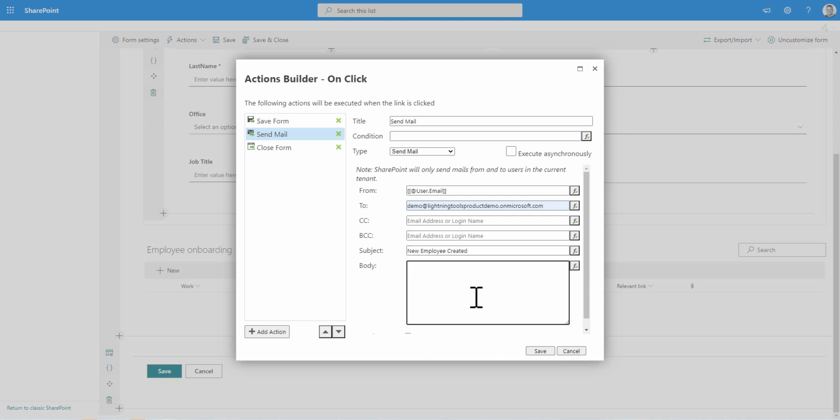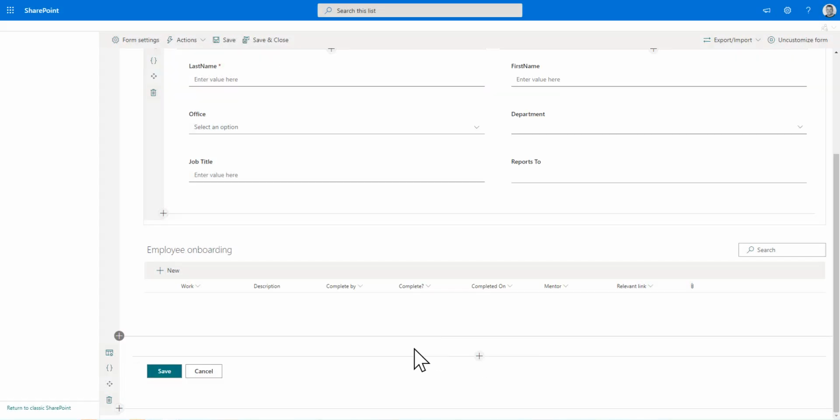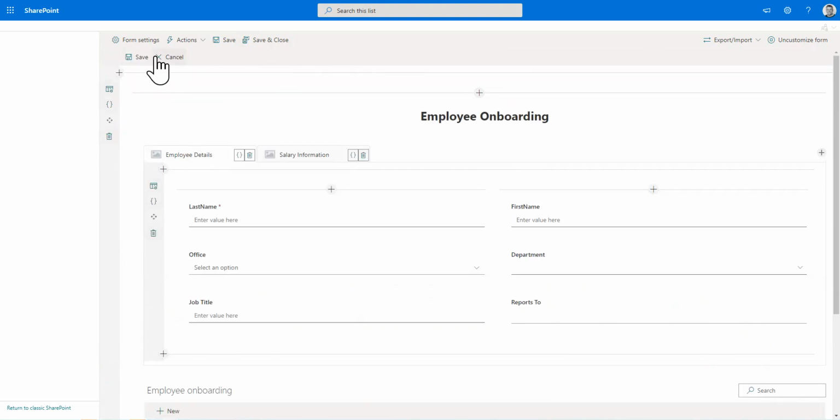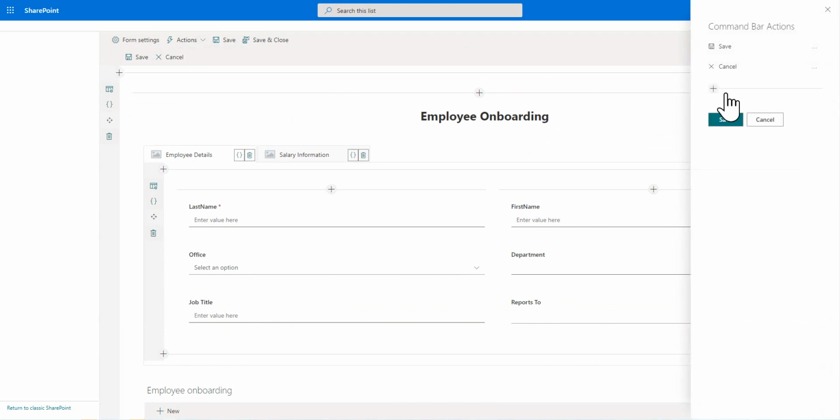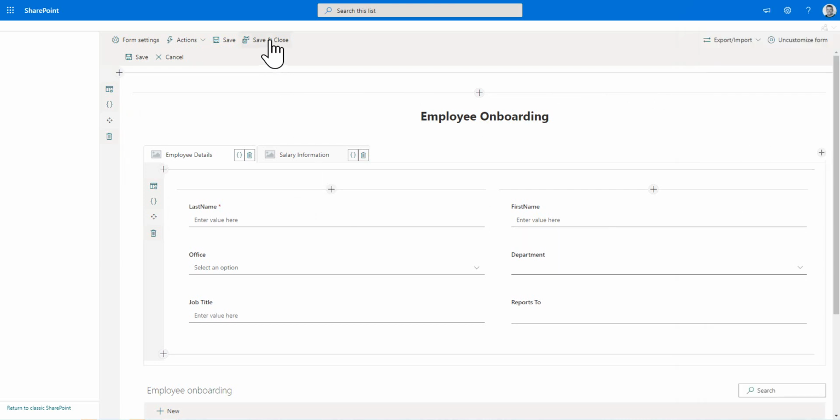And we could add some text in there as well. Okay, so we've got a little bit more going on with our button, and that's the floating button on the form, but we could also scroll up to the top here and do the same thing on the command bar as well by going to the actions command bar and then customizing these buttons if we want to. Okay, so we'll save and close,